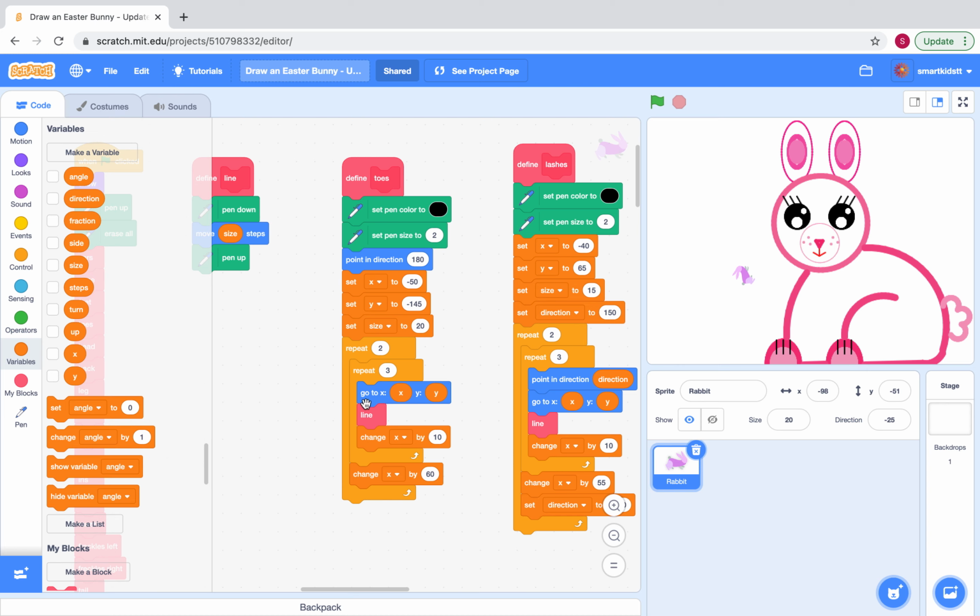I'm going to do it once over here on this side. Then I'm going to add 60 to X, change X by 60. That's going to jump me across here. And let's go through it. So we did minus 50 and Y is minus 45. And then